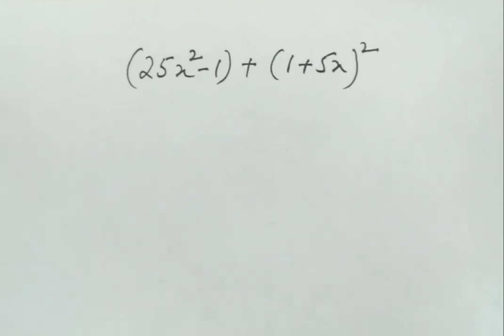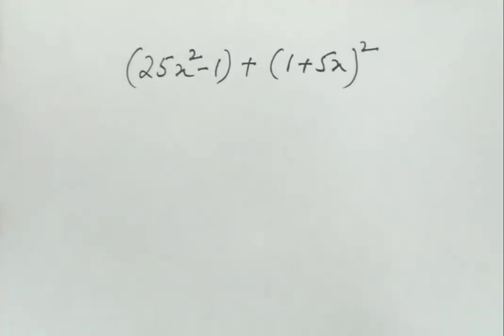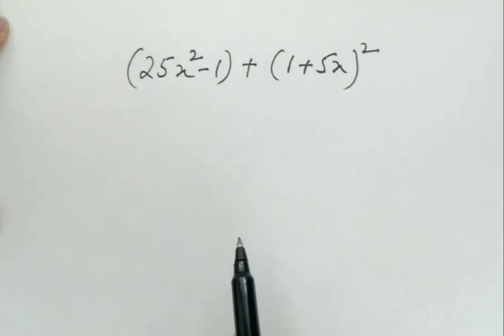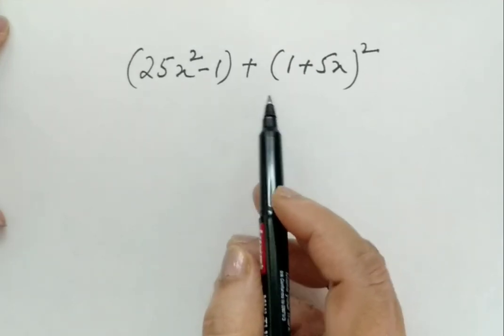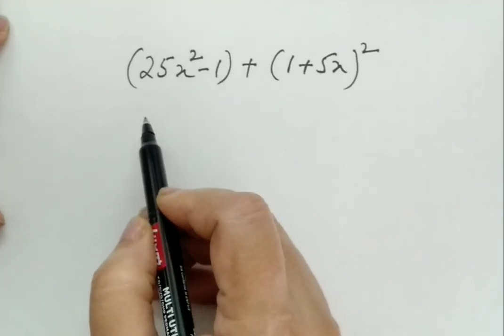So from the given options, we have to say which option is correct in terms of factors of the given sum. All right. So let's factorize. Remember, there is a plus sign over here. Usually students make the mistake of taking it as a division. All right. So 25x squared minus 1 can be written as